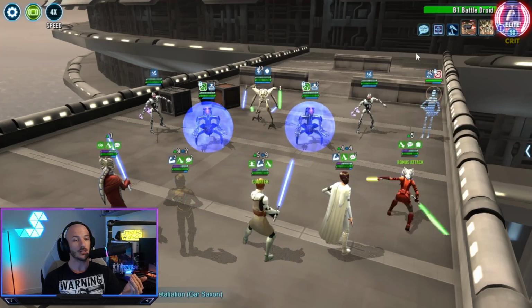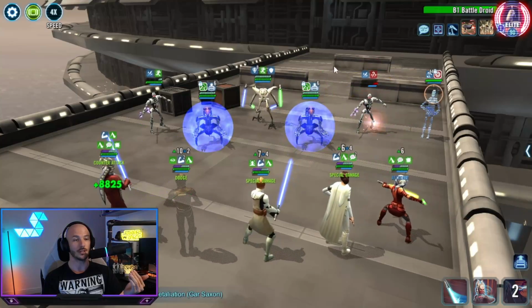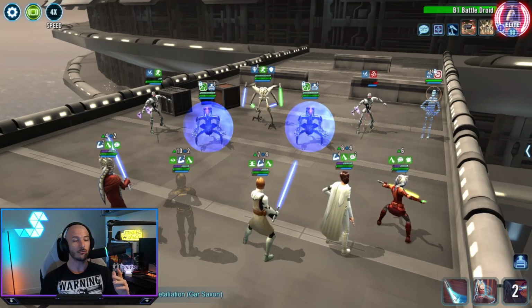So do that, Snips will get a hit off. There's the AoE, and boom, you're no longer taunting, and you're nearly dead. Alright, cool. So what can we do from here? We can force a taunt over here, but all I really want to do...